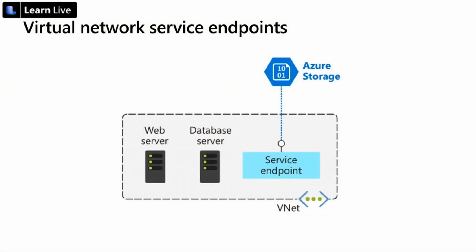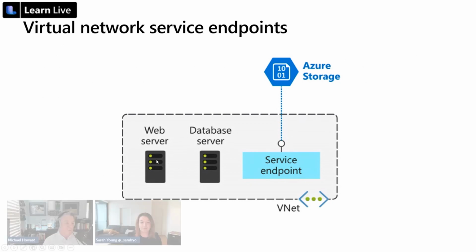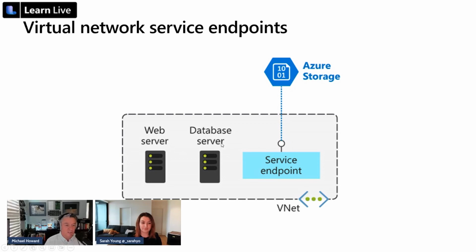And that's probably summed up nicely in this image. So if you've got, say, a web server and a database server, let's just say this is a VM, and this is Azure SQL DB. It could be a VM. But Azure storage is PaaS, right? So it has public IP addresses. Essentially, what you're doing is you're injecting a service endpoint into your VNet that has an IP address that can be accessed privately by all these entities inside here.